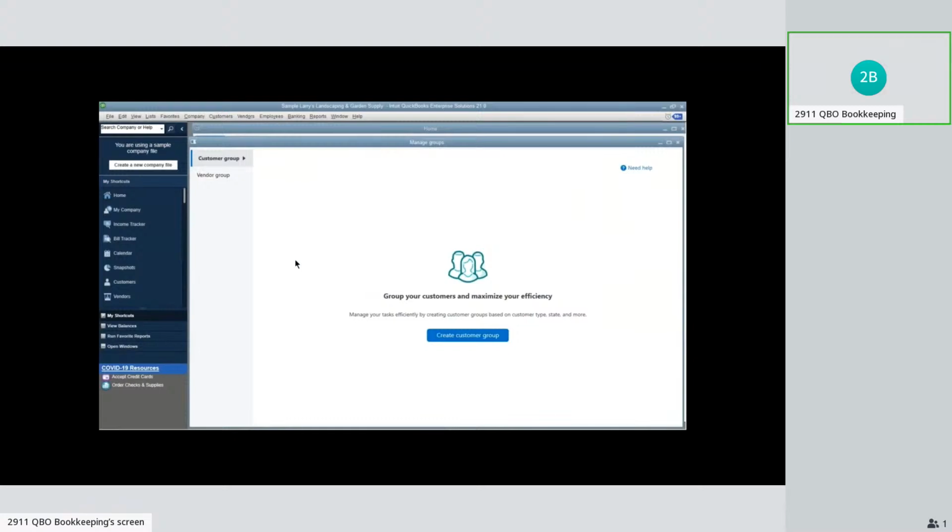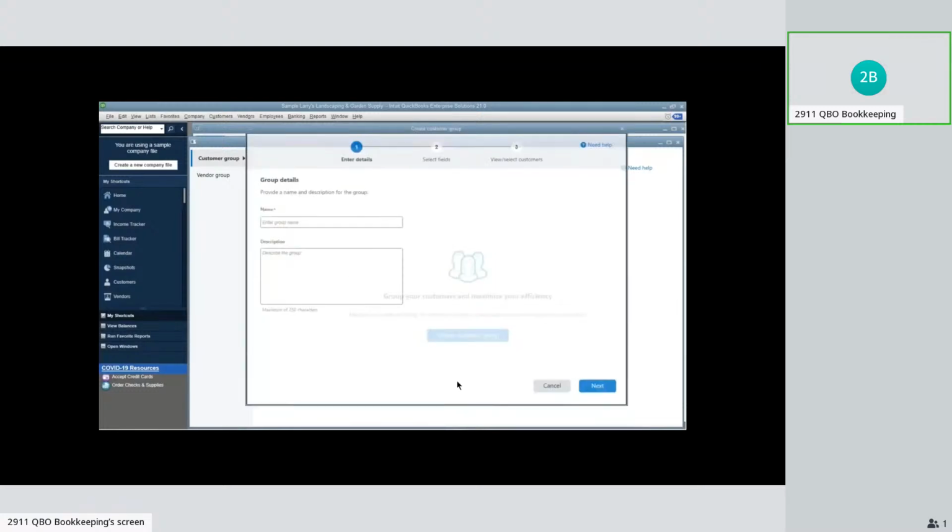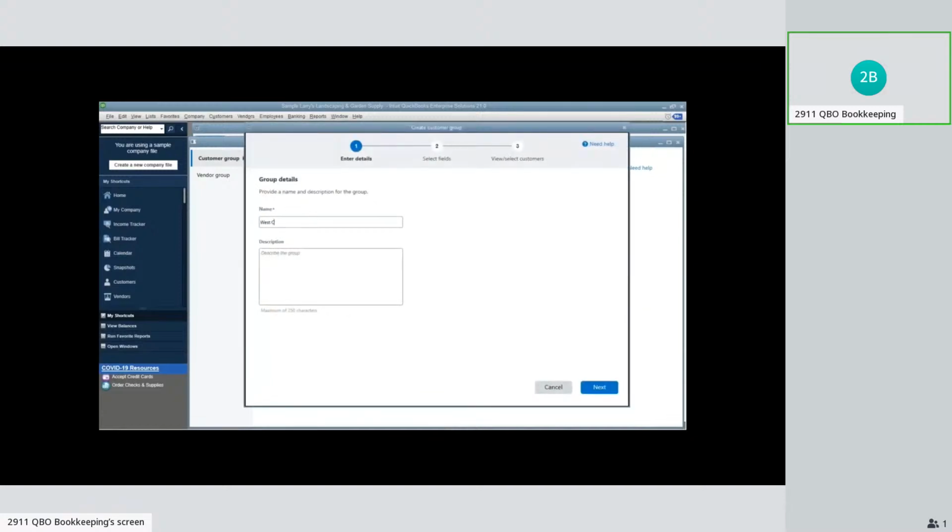Now, the example that I'm going to give is one where we have regional sales reps, and we only want people who are sales reps for the West Coast to be able to see and interact with customers on the West Coast, versus people who are in the Southwest, right? We have a different sales rep for the Southwest. So in those cases, we would create a customer group for the West Coast and the Southwest and any other groups that we wanted. So I'm going to go ahead and create a customer group. Let's just say West Coast